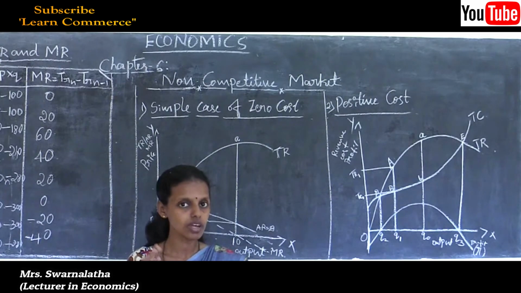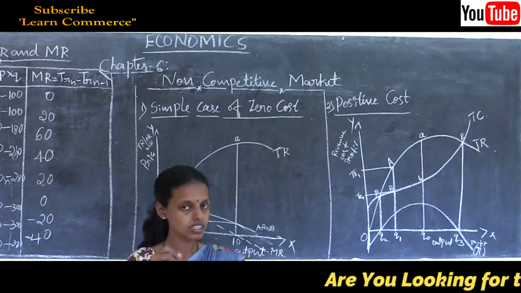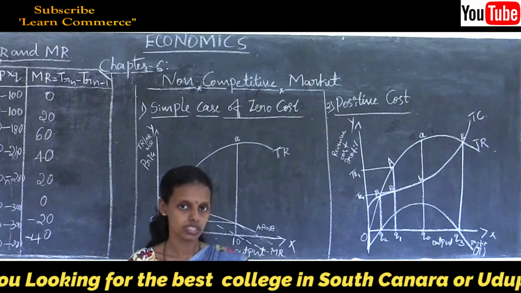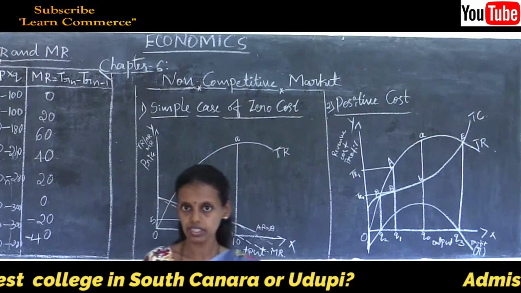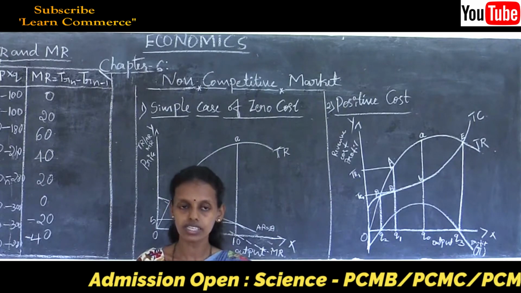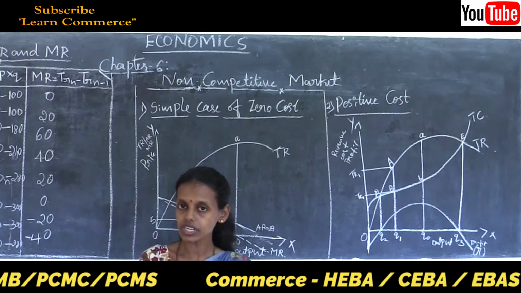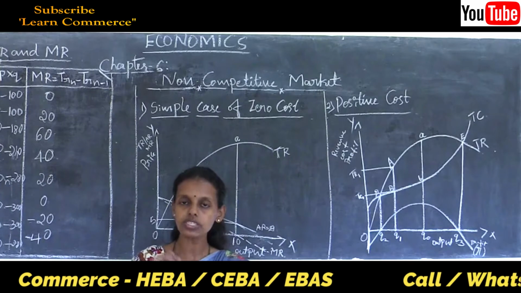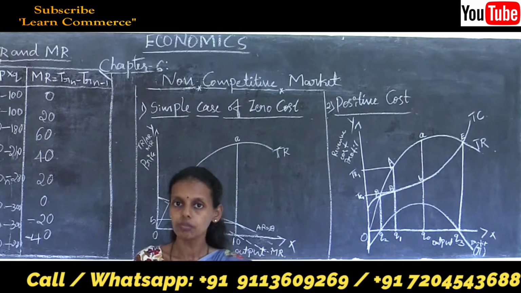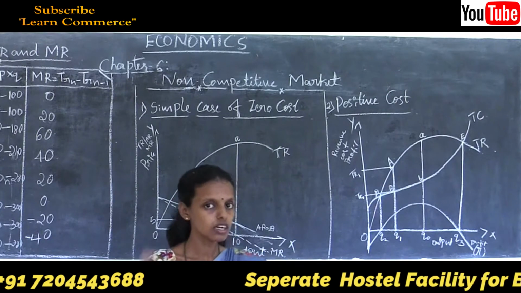Others want to survive, which means water is needed. So what is this monopoly person going to do? He is going to fix a price for the water. There is no cost of production on the water. The well is there, and naturally they are going to get the groundwater. There is no cost incurred for the water. The construction of the well we are not considering here, just the water. So he is going to supply the water to the villagers at a price, and only at that price he is going to sell the water.